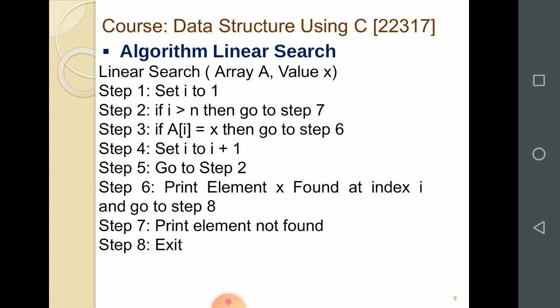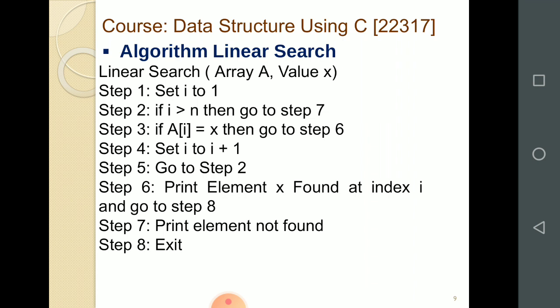When it is a linear search, how do we implement it? We use a looping statement for I equal to 1 up to the elements of the array. We have to search that element. For that searching, we write the step: if a of I is equal to x, we are comparing every element of the array with the value of x. If it is found, then we directly print the index and stop the search. If at the first position we do not find the element, we have to go to the next one.